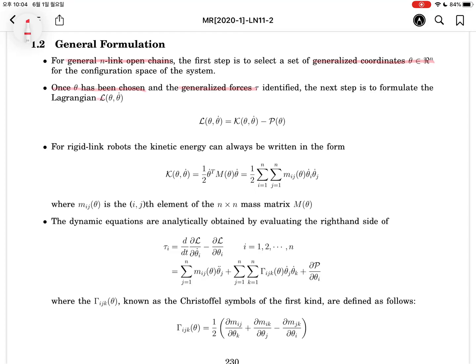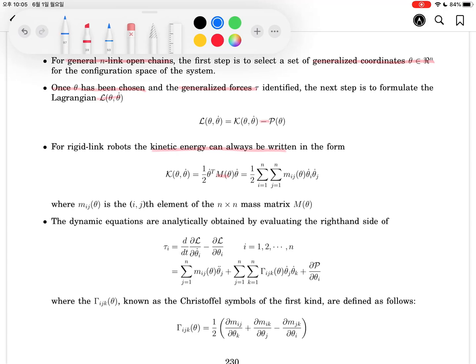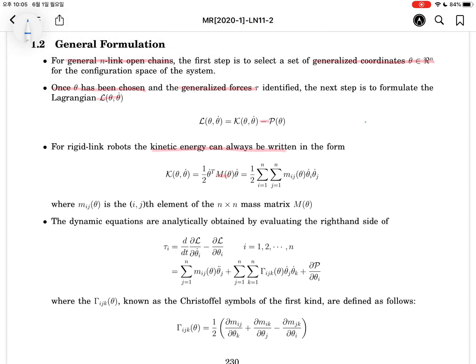And the next step is to formulate the Lagrangian. Do you remember the Lagrangian? Lagrangian is defined as kinetic minus potential. Okay? For a rigid body, rigid link robot, the kinetic energy can be written using the inertial matrix or mass matrix like this. Maybe if you are good at the mass matrix, let's write down. Maybe if you take the 2x2 matrix for a two-link manipulator system, it will be equal to 1 over 2